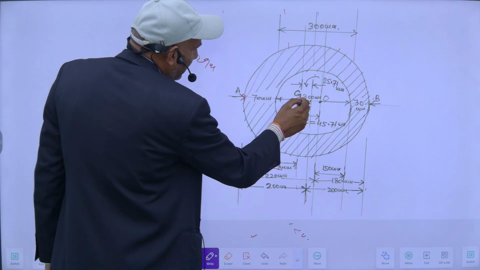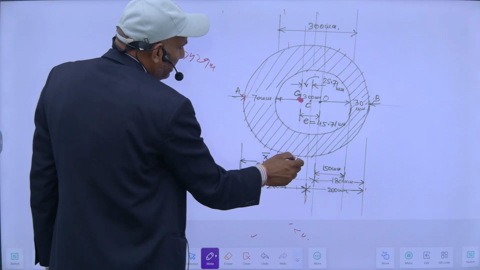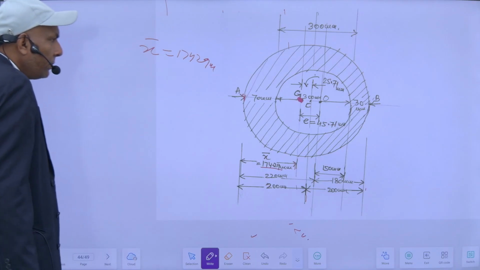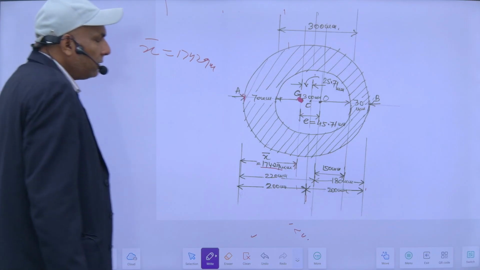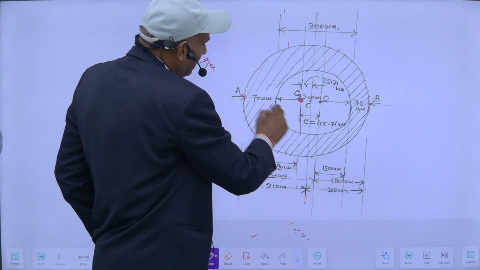This is the centroid of the net area, this is the position. So if I want to know the moment of inertia about this centroidal axis, there will be two